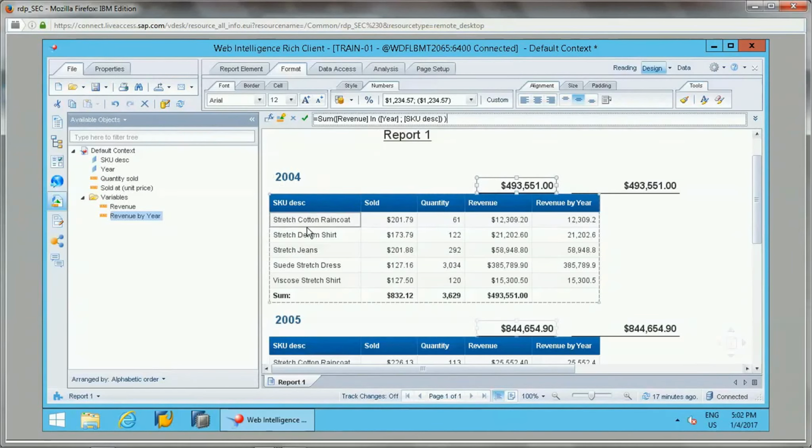Whatever the dimensions the calculation is getting involved, that we can force. We can just ask the calculation to take year and SKU description into the calculation. So that is forcing input calculation context, which means the dimensions which we need to consider for the calculation. Now let's consider how we can force the output calculation context, how we can force it.